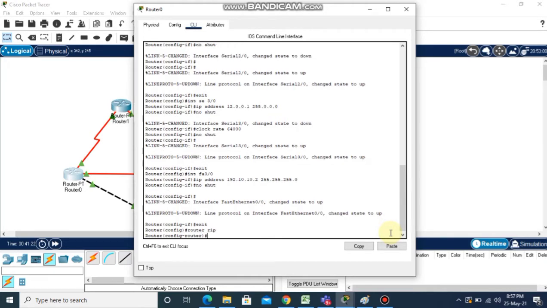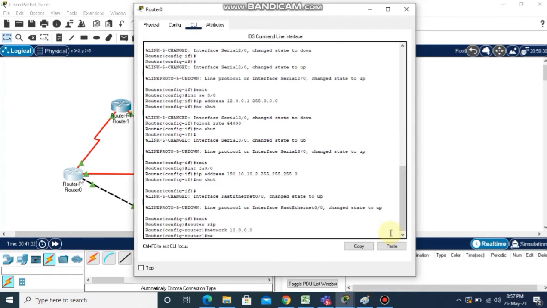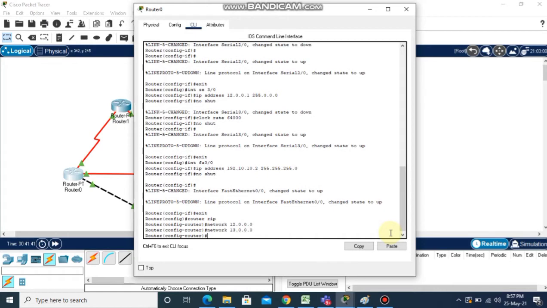So we'll start with router 0. The command is router rip at the configuration mode. Then we will use the keyword network and will assign the directly connected networks, that is network 12.0.0.0. After pressing enter, we will write network 13.0.0.0,